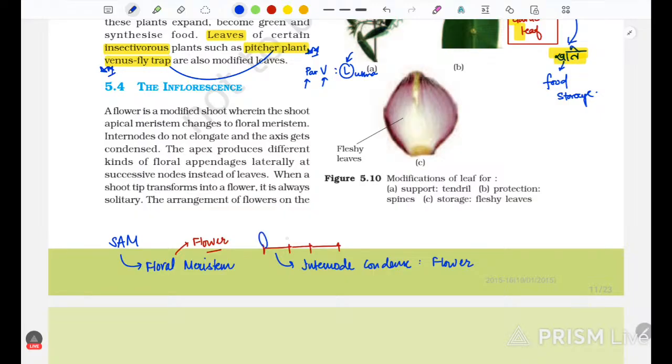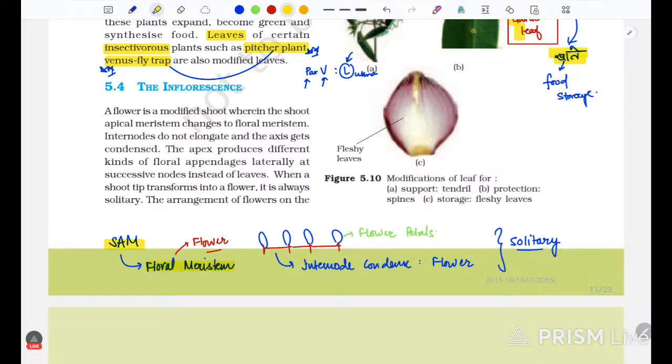और हर node क्या बना देती है, ये बना देती है। ये क्या बन गया, flower petals। ओके, और जब भी ऐसा होता है तो ये अकेली होती है, this is called as solitary। तो फिर से बता देता हूँ, shoot apical meristem changes into floral meristem।